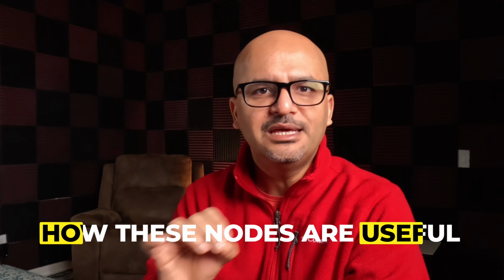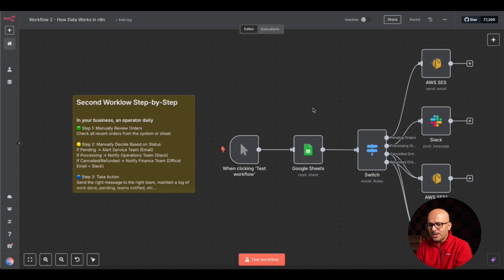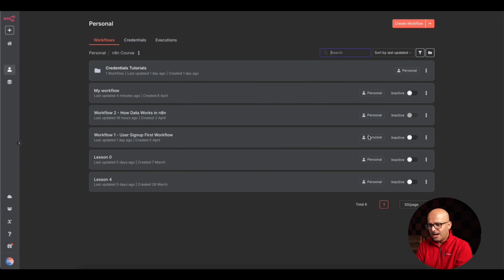We are going to use this workflow and see how these nodes, especially the first 4 nodes which are related to data transformation, can be helpful and in what scenarios or use cases we can use them in this particular business workflow. In order to do that, I'm not going to change anything in this workflow. We are going to go back, and I'm going to click on the 3 ellipses icon next to this workflow and click on duplicate.